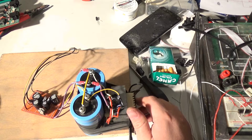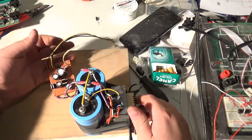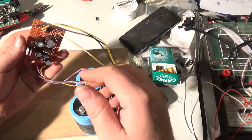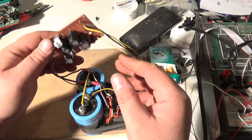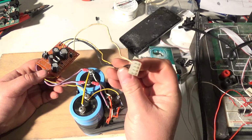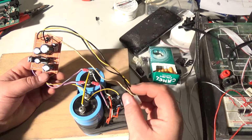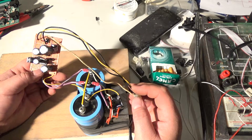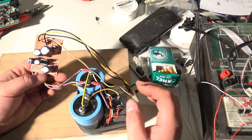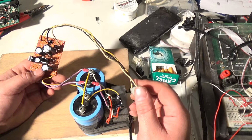Okay, so I have it all put together here. This is the power supply board that I made, and here's a couple of filter caps. Here's the bottom of it. I went ahead and tested the voltages, and I have exact dead-on voltages. Well, I have a dead-on -5, dead-on +5, and my 13, which is originally unregulated, my 13 volt is regulated